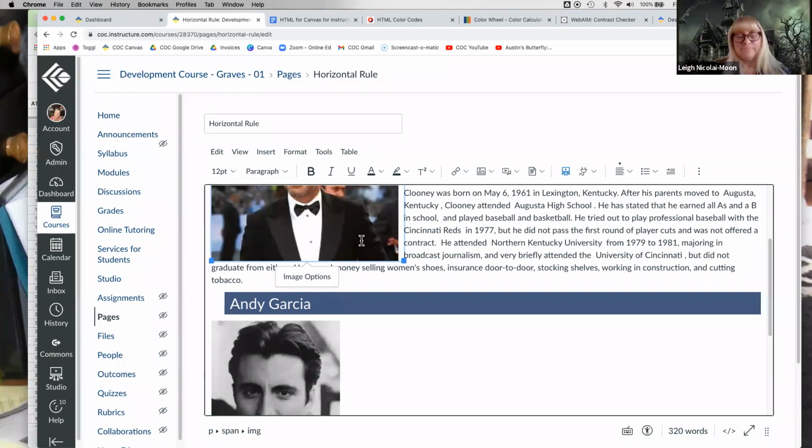So you can adjust the size of the image. But also keep in mind, don't stress out too much about that, because I'm seeing it on this desktop. My students may be looking at it on a phone or on an iPad or something that has a different width. So don't stress too much about making it perfect for your device, because on their device, it's going to have a different structure, if that makes sense. And it might not look like what you want, so you can't control that.